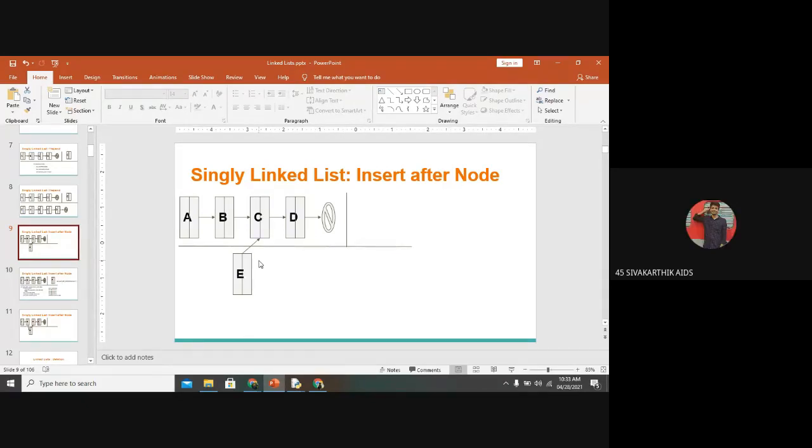Two data, sir, B and C. We want to change the C data. B and C. Okay, so two data are required, right?